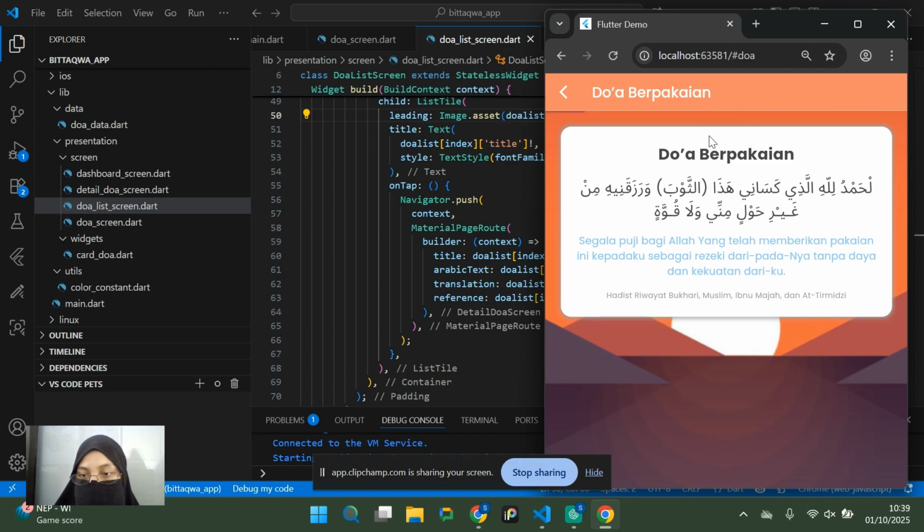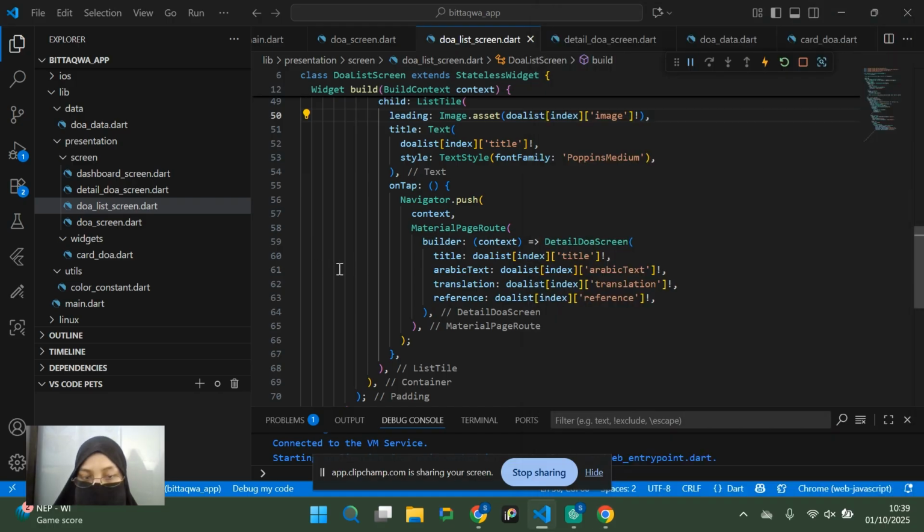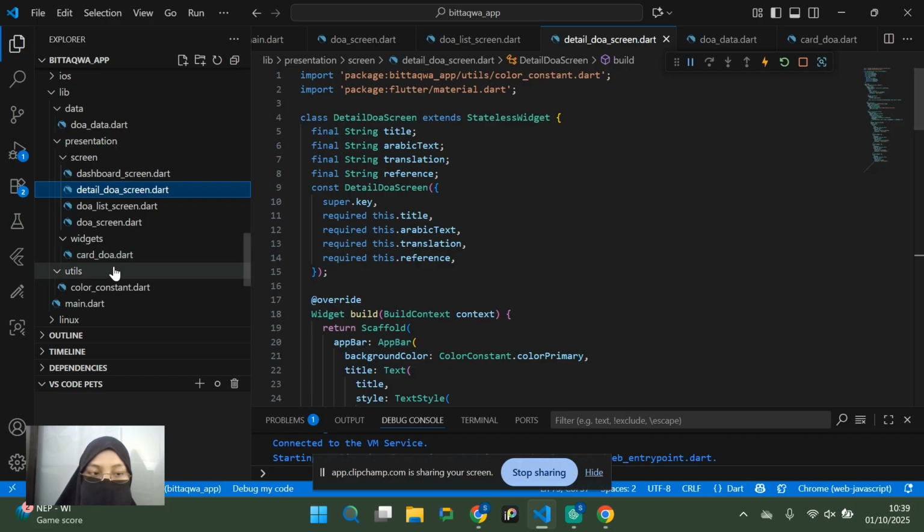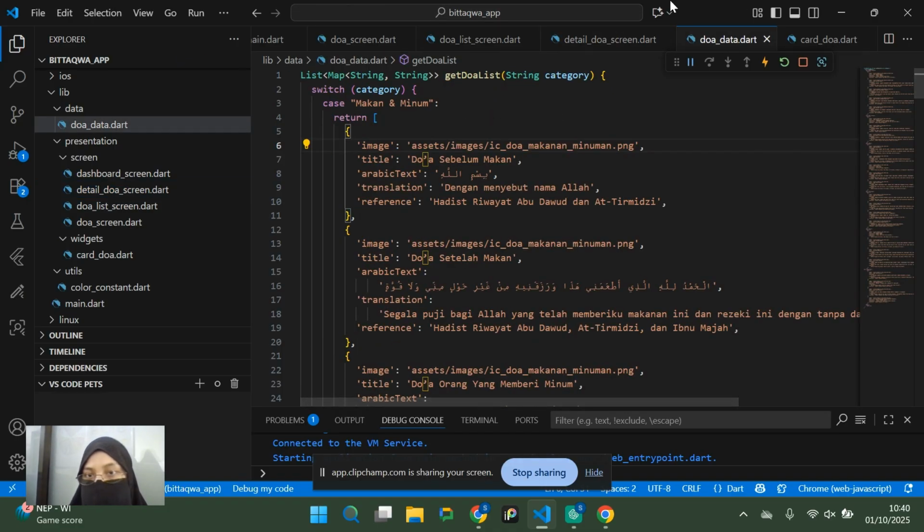Something like this. There's the title, the Arabic, and the meaning, and also where we get it. I will be explaining in detail the screen now before I go back to the other screen. So basically, again, we use stateless in this one, and then we also use final string title. Basically, it's everything in here, and